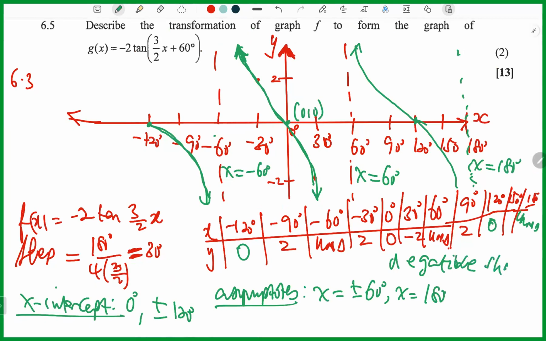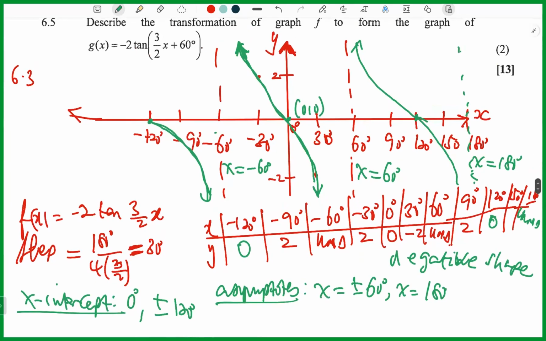Negative shape. Now at 90 degrees and 2, so you have 90 degrees and 2, minus 30 degrees and 2, 30 degrees and minus 2, minus 90 degrees and minus 2. Okay, like 90 degrees and 2,